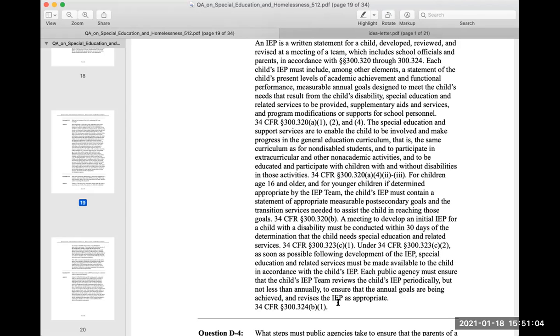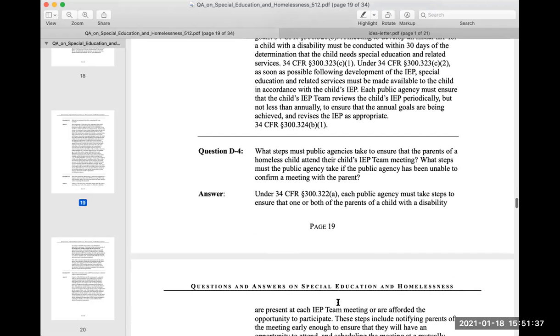300.320(b). A meeting to develop an initial IEP for a child with a disability must be conducted within 30 days of the determination that the child needs special education and related services. 34 CFR paragraph 300.323(c)(1). Under 34 CFR paragraph 300.323(c)(2), as soon as possible following development of the IEP, special education and related services must be made available to the child in accordance with the child's IEP. Each public agency must ensure that the child's IEP team reviews the child's IEP periodically, but not less than annually, to ensure that the annual goals are being achieved, and revises the IEP as appropriate. 34 CFR paragraph